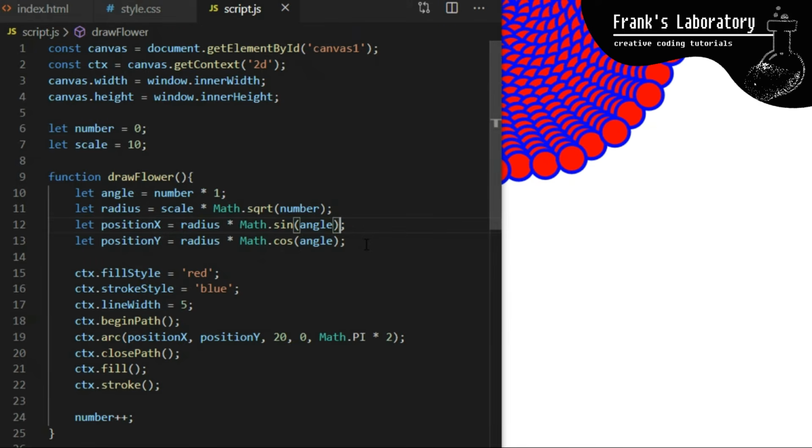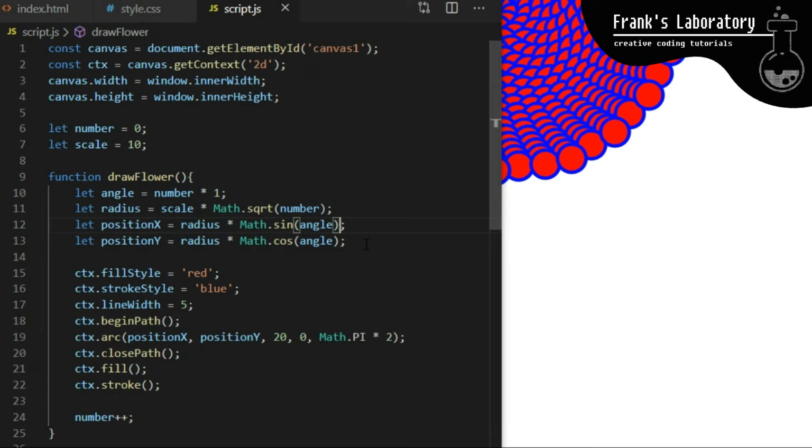If you look at this code closely, all that is happening on line 10 is I am increasing angle variable because it's equal to number variable that is increasing on line 24. And then I am passing that ever increasing angle variable to sine and cosine on lines 12 and 13, same like we did in our first simple example before. Sine and cosine simply transfer any angle we pass to it as an attribute into a range between -1 and +1. And we use that behavior to map position along a circular path.